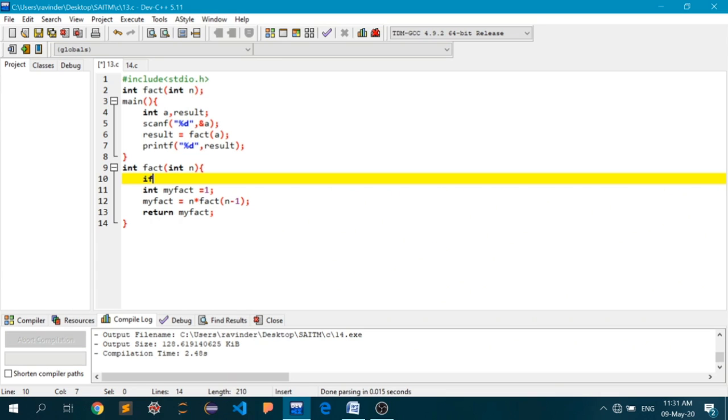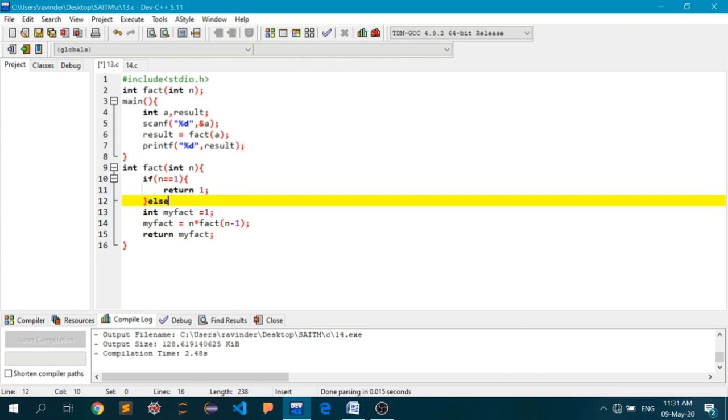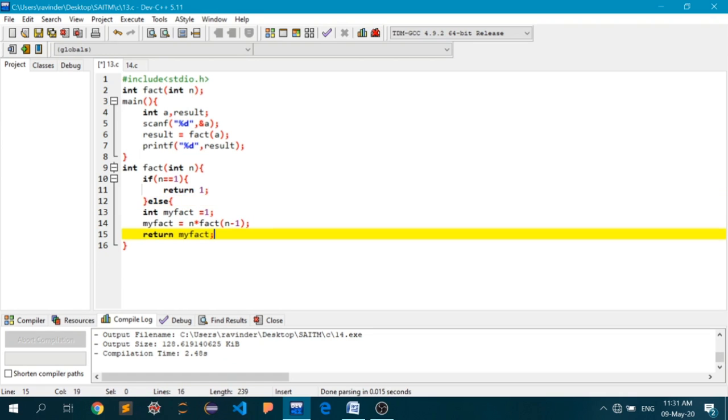So I will write: if n is equal to 1, in that case you should return 1, and else I will put everything else in this body here.